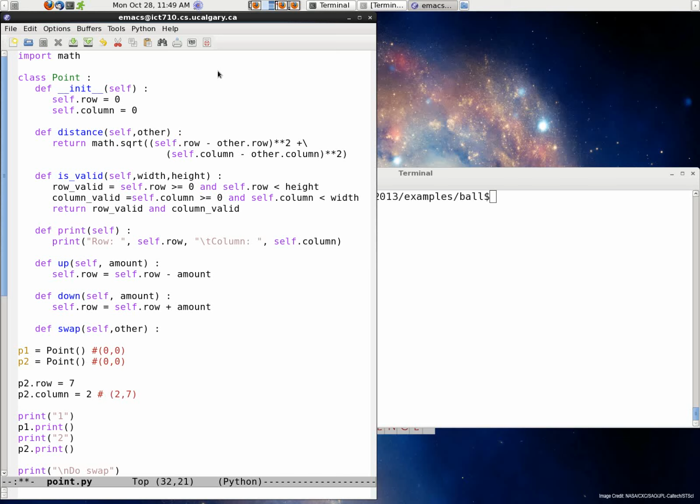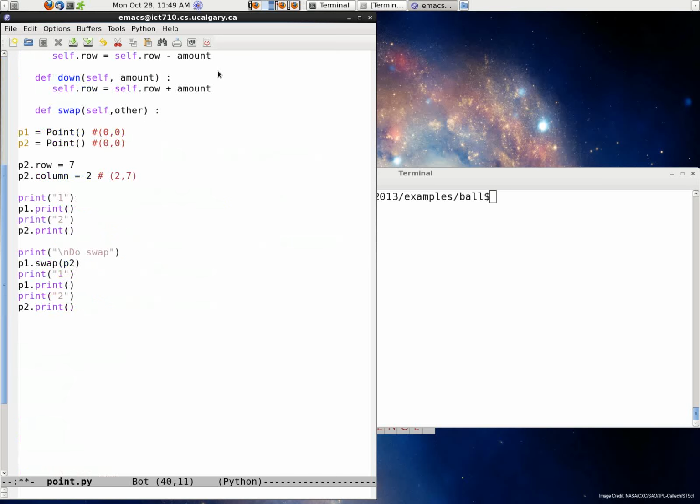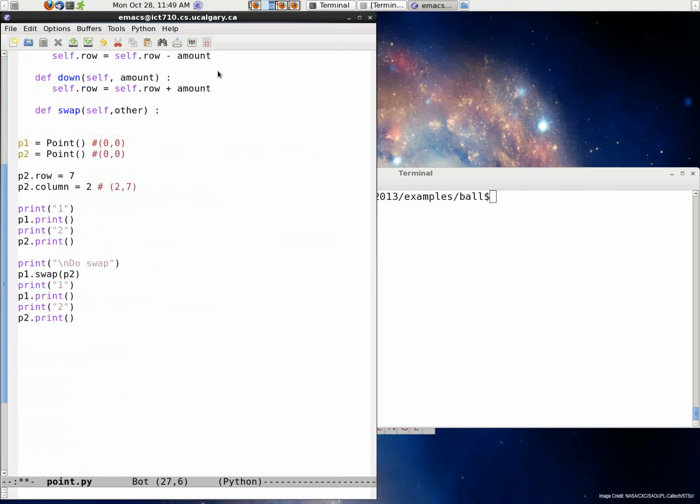And so we print the values that they are before I do a swap. Then I'll do a swap and I want to print it again. Okay, so I want the x and the y to be swapped. The standard way of doing that is having a temporary value. So I'm going to say temp is going to be a new point,